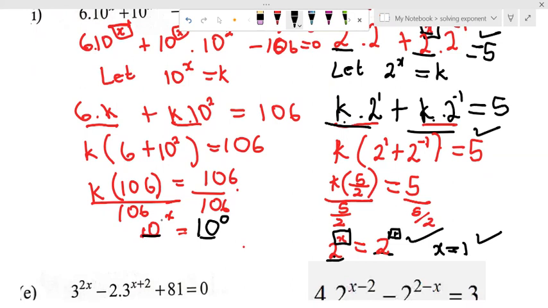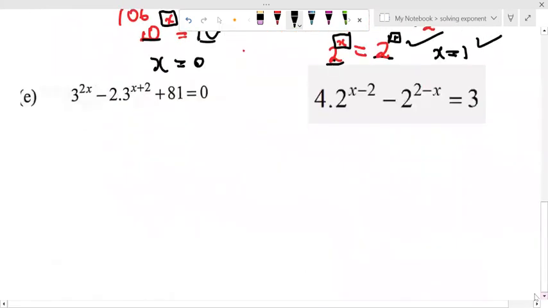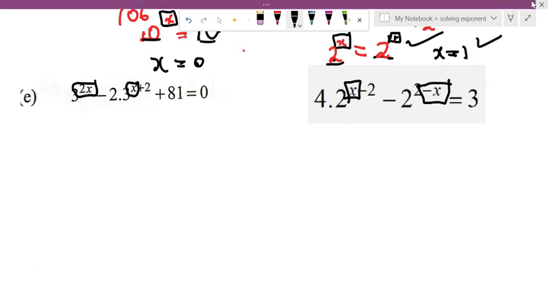If the bases are equal, it means x is equal to whatever is here as an index. What is our index there? So it says x is going to be equal to 0. Now, as you can see here, I'm introducing you to the next topic for today, which is why we are here. There are instances whereby we are going to work with different indices. So here you have 2 to the power of x, here you have x, and my indices now are not the same. Can you see that? And then here you have x, and here you have minus x. For x or minus x, they are not the same. So with that being said, I think